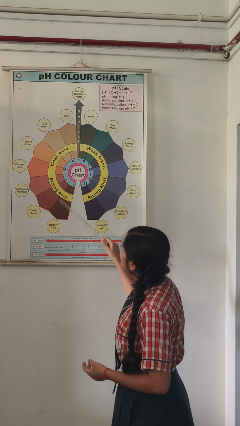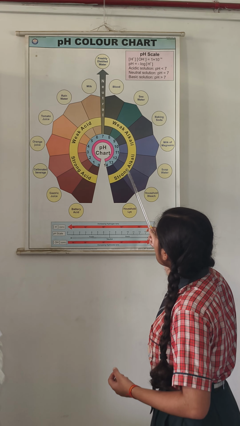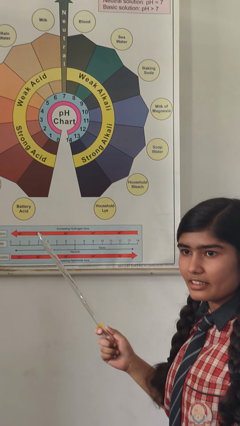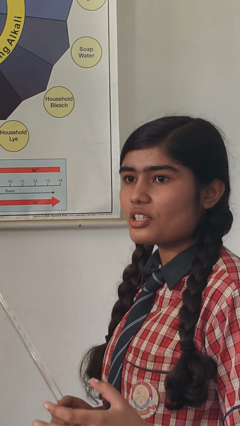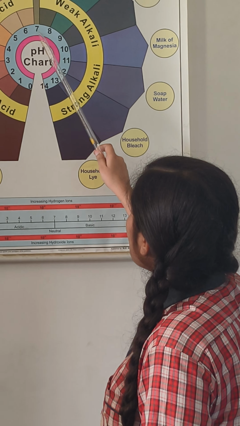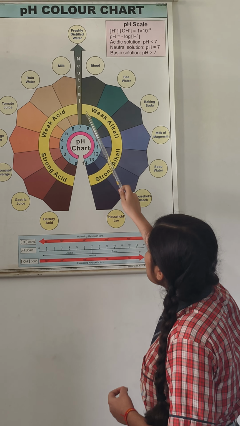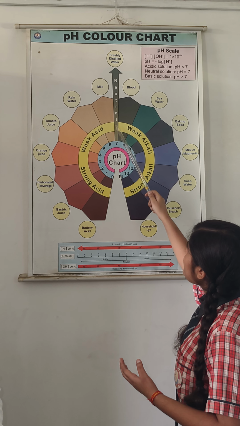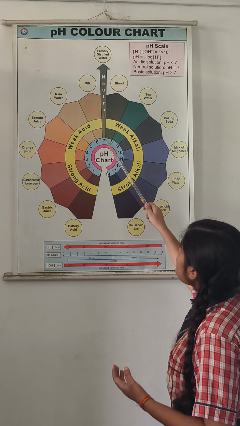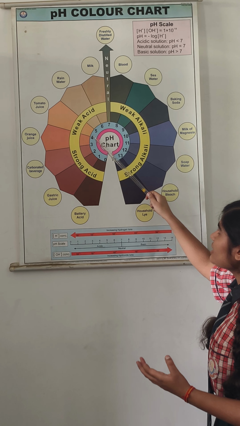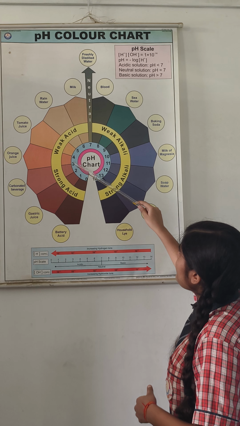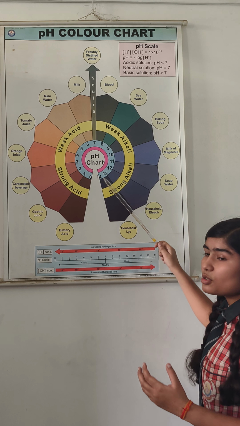the pH color chart. So this is the pH color chart, and we all know that if the pH lies less than 7, then it turns acidic in nature. We can check whether the solution is acidic or basic with the help of the pH scale. If the pH scale shows 7, then it is neutral, for example freshly distilled water. If the pH lies less than 7, as we come from 7 to 6, 5, 4, then they are weak acids. And if we go lower, it forms 3 to 1 and they are strong acids.